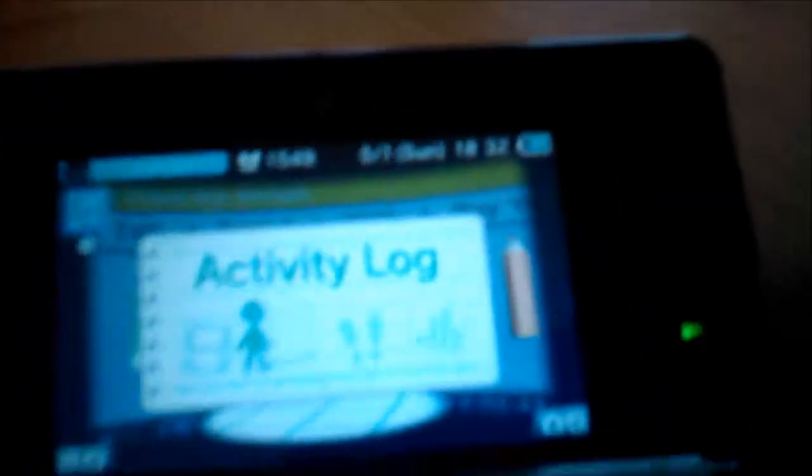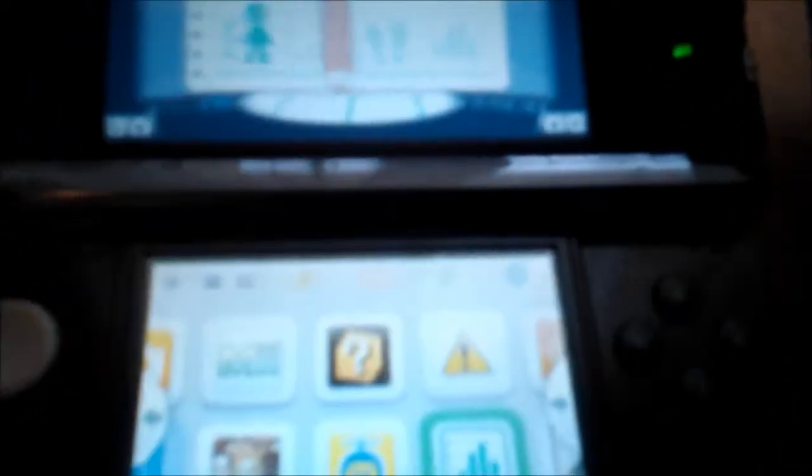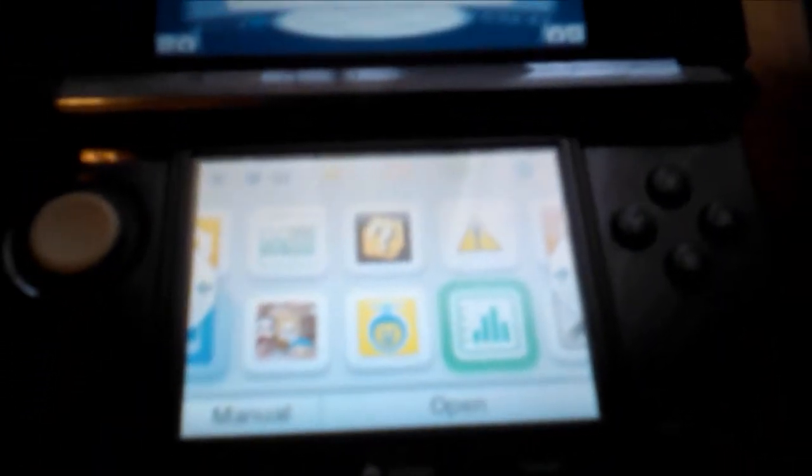You have the date, the time. But here's my game coins, 53 game coins. These are used in all the games I've used so far. You can buy things with them. Some of the built-in software, you can buy other things with them. So it's relatively pretty cool. But the biggest aspect